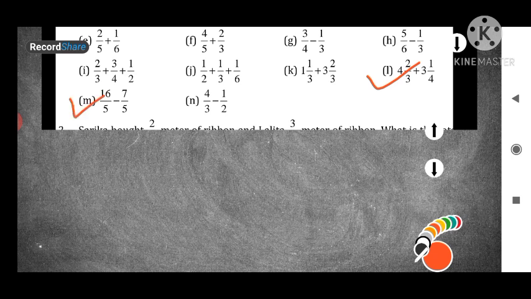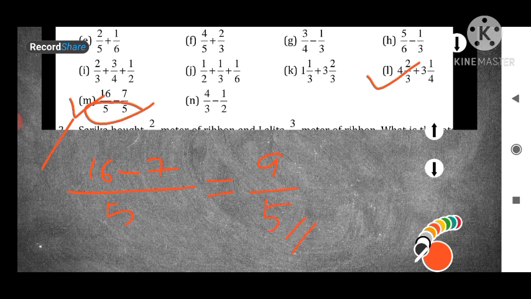Okay, but here also it is very simple. Whenever the denominator is same, then that will be very simple. Okay, here denominator is given what? 5. Denominator is given what? 5. That means they are equal, like terms. So how you will do minus? You will do directly 16 minus 7 upon 5. Okay, in this way you will solve this. 16 minus 7 upon 5. So if you will do minus, how much you will get? 9 upon 5. So what is the answer here? 9 upon 5.